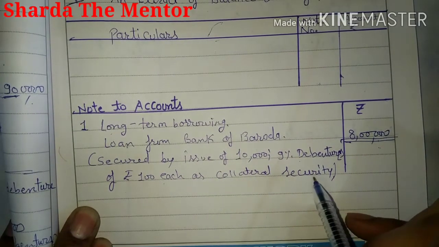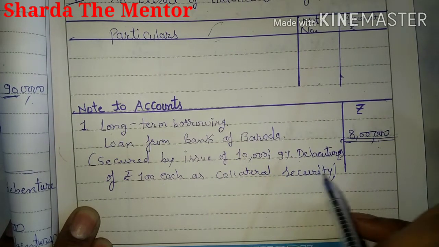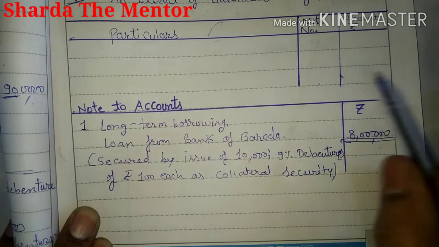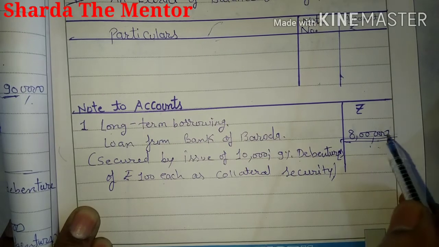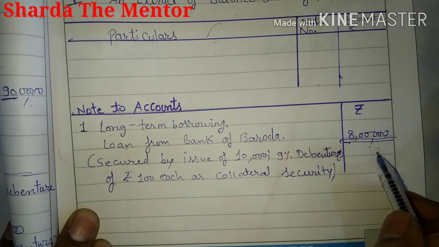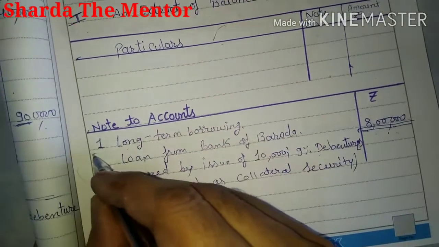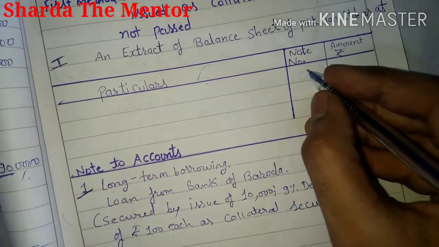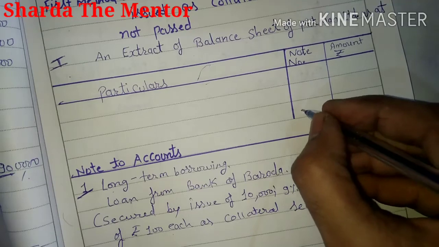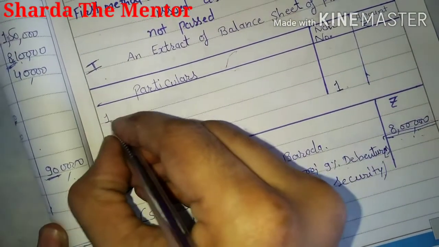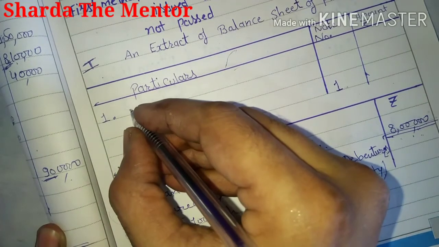For that you have mortgaged 10,000 debentures of 100 each with the bank, and whatever be the amount, you will mention only that amount that you have taken as loan, that is 8 lakh rupees. That is your number one. So in the note to account you will mention number one here, and you already know that